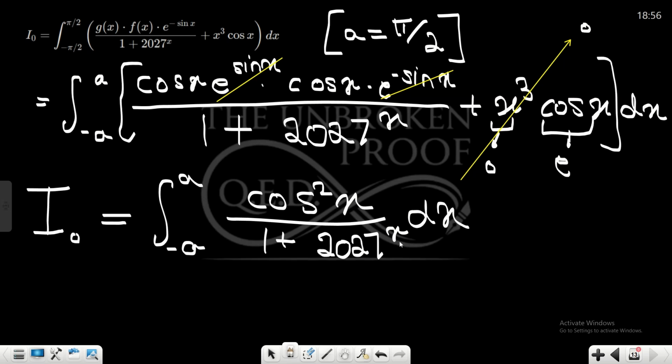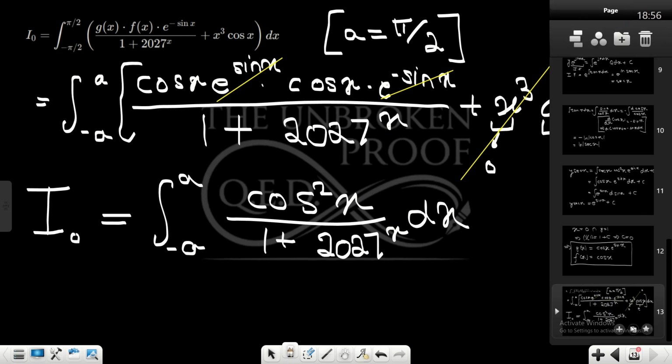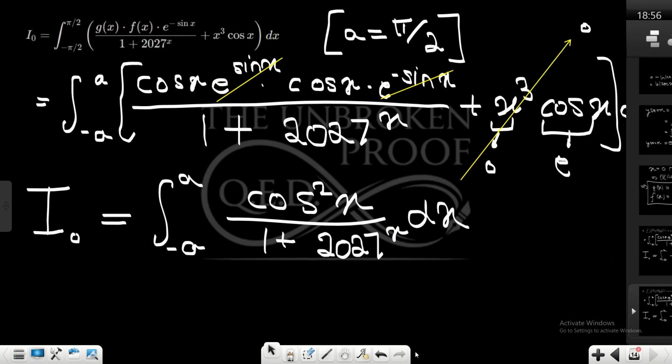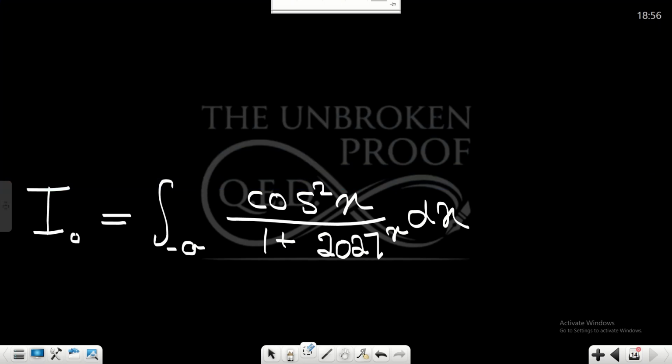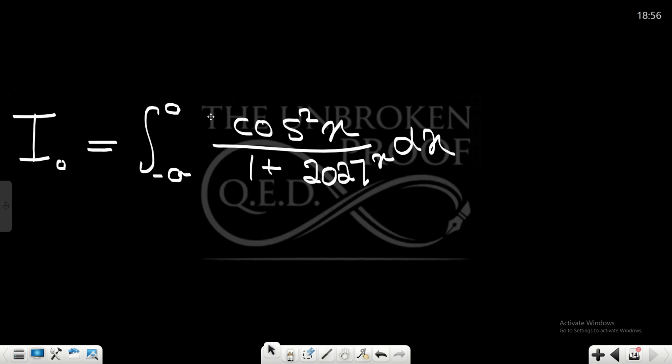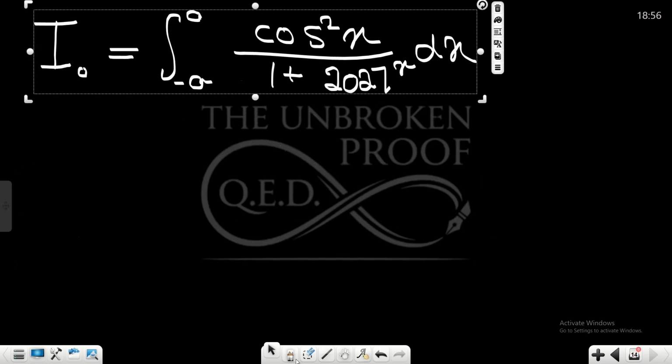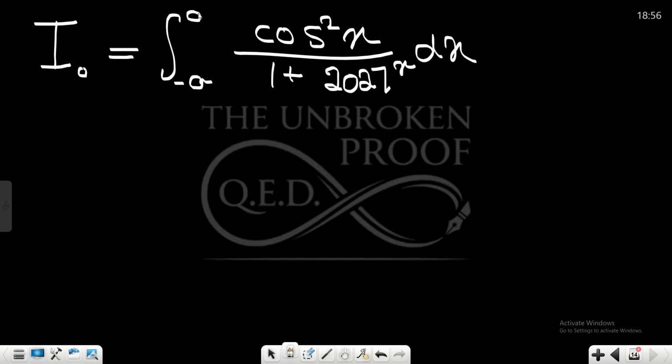And if you apply King's rule again, this is a very standard case. You must have seen this before as well. It's a very popular one, not a new thing. In many PYQs the same trend has appeared, where they place an e power x or some number power x, and the limits are of the form minus something to plus the same thing. So this is the same thing. If I apply King's rule again, you will get I naught as